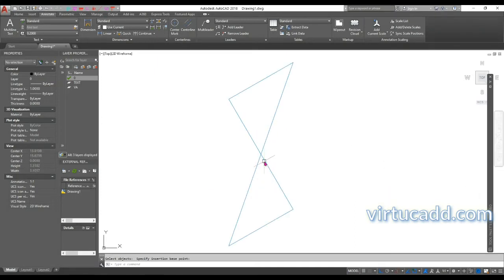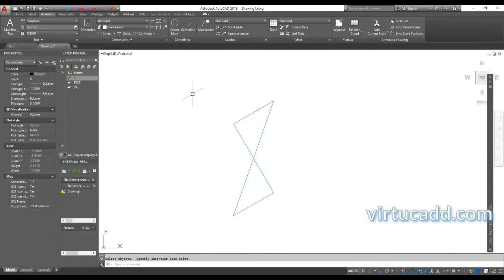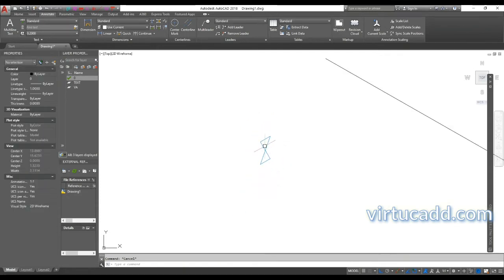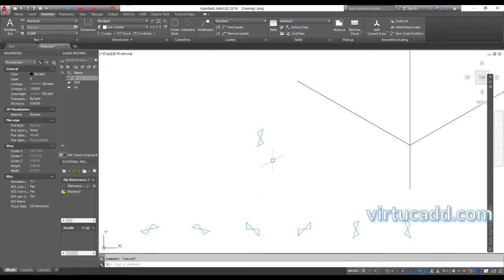Okay, so here we have a symbol which is all line properties, 4 lines. So we will make one fully functional block, so that there is no need to have these 6 orientations of this symbol as separate symbols.